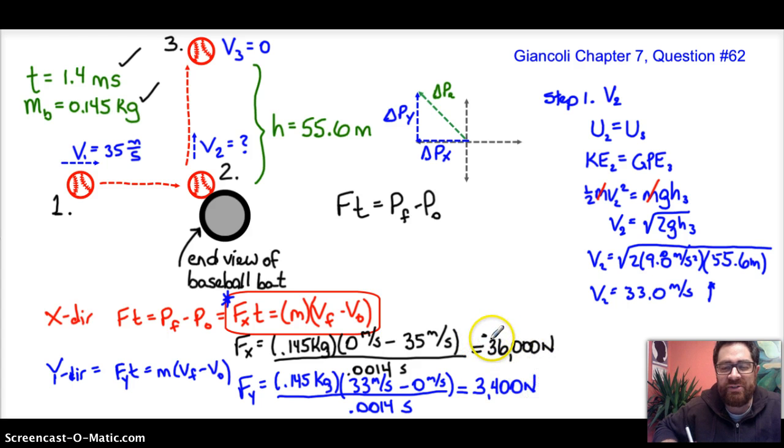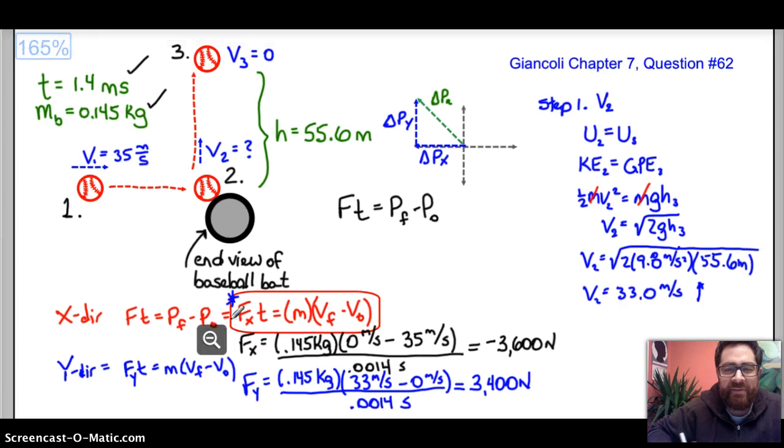And I've just caught a mistake that I made in that section above. Clearly, this is so small compared to that. I reran those numbers and realized that I had an extra 0 here. That's 3,600 newtons, not 36,000. That becomes negative 3,600 newtons. Sorry about that. Okay, so now I have my x and y directions, and so per usual, I have basically